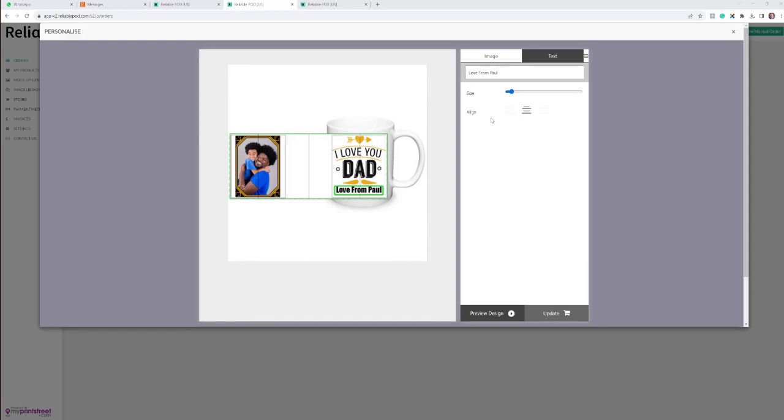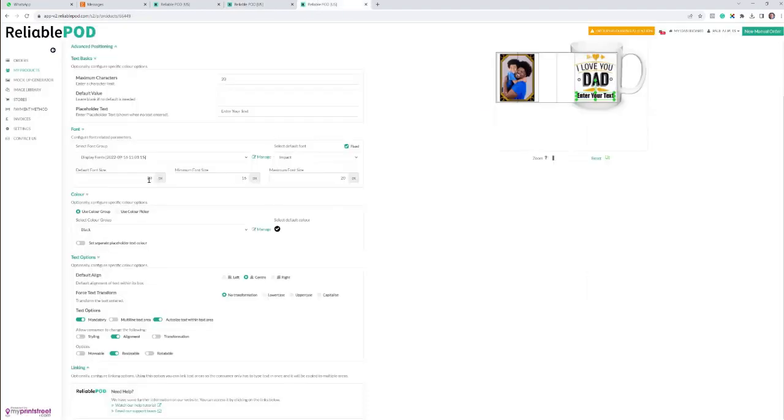And what that allows me to do, if the customer types too many letters in the text on Etsy, or whatever, is resize the text they've sent in. As you can see, I can make it bigger and smaller. If you look here, the default font size I've got is 20, the maximum size is 20, but if I wanted to, I could make the minimum size, I don't know, 12